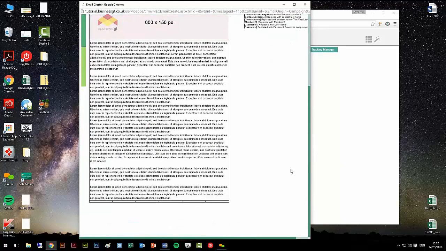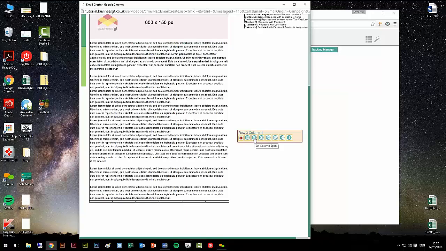And you can now see at the bottom of the email, I've added a row, and it looks like there's 6 cells in one line. This is how the email is structured by default. So you're working on a grid of 6 across. But obviously, as you can see up here, we've got a full width piece of content. And the way that we do that is if we click into one of these cells, it brings up this toolbar on the right-hand side where we can use all of these icons to make any changes to the email that we want. So what I'm going to do is click here, which this icon here is set column span,